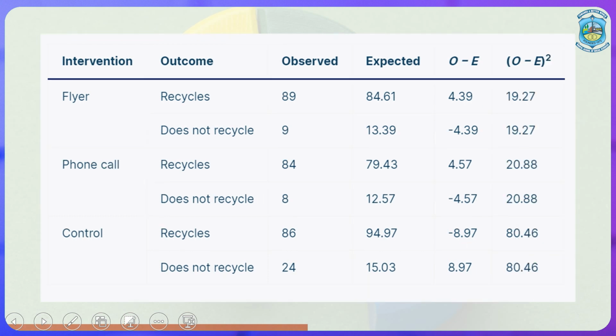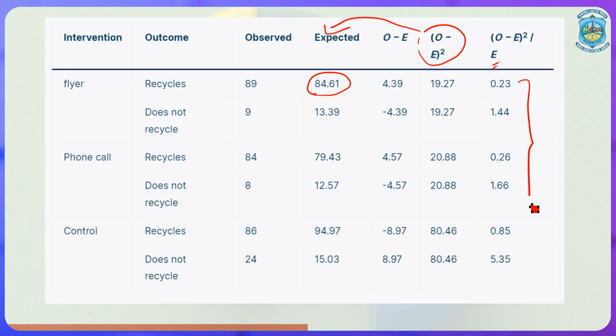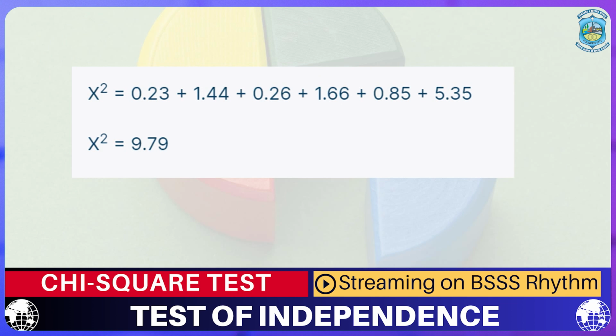Next, we have to square this column, O minus E whole square. So, you have to square this column, raised to the power 2, and get your answers. Next is divide the entire column by E, that is the expected frequency. Basically this column gets divided by the expected frequency column and then we get the totals. Because we have the summation in the formula, finally we add up the values that we have got in the last column and get the value of the